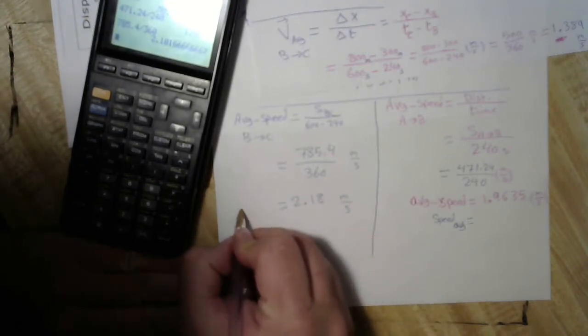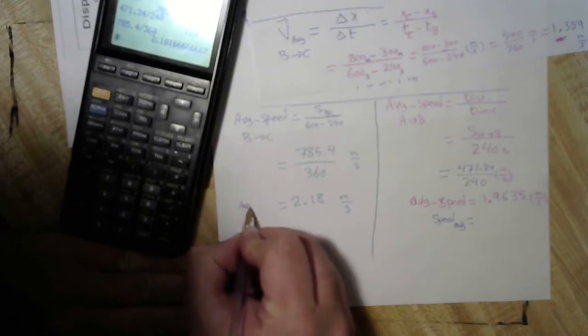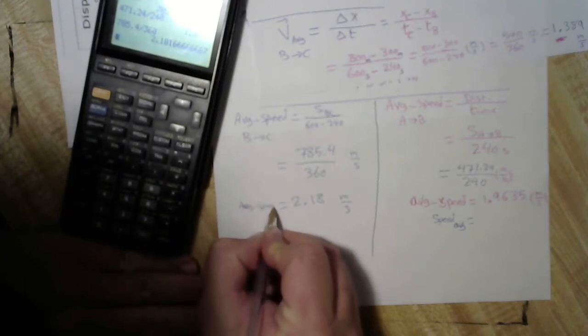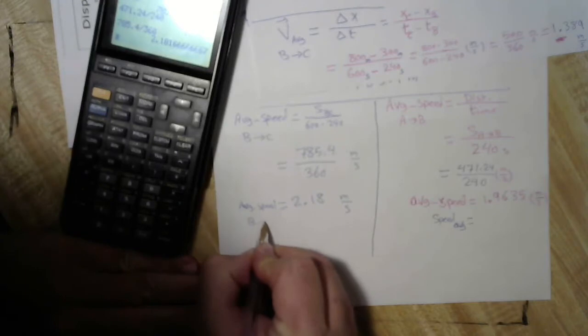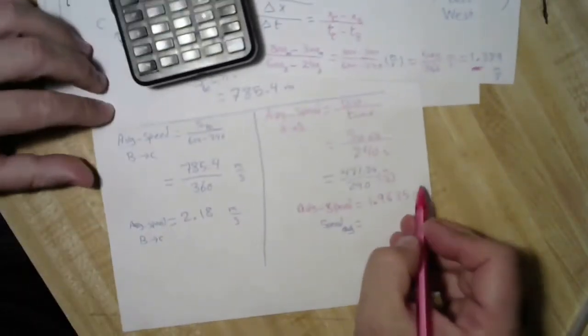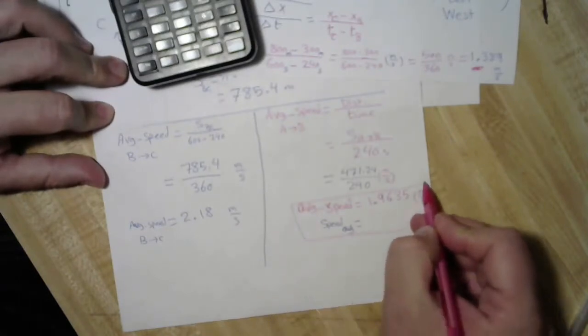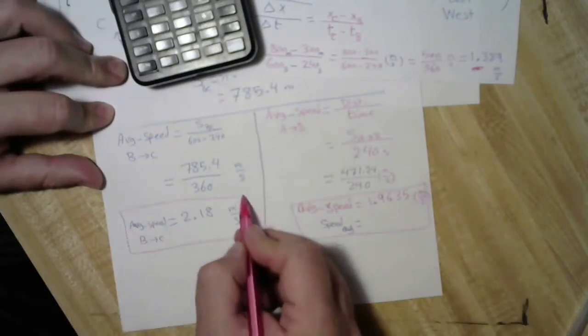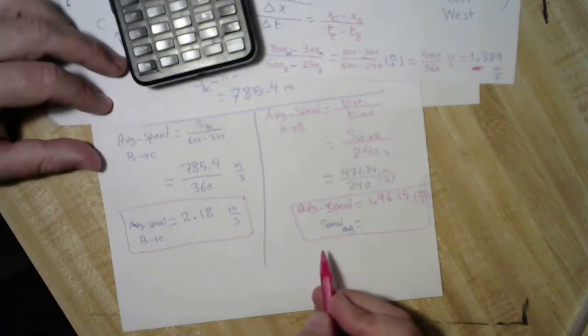This is the average speed from B to C. We can note that the average speed for the boy is more than the average velocity